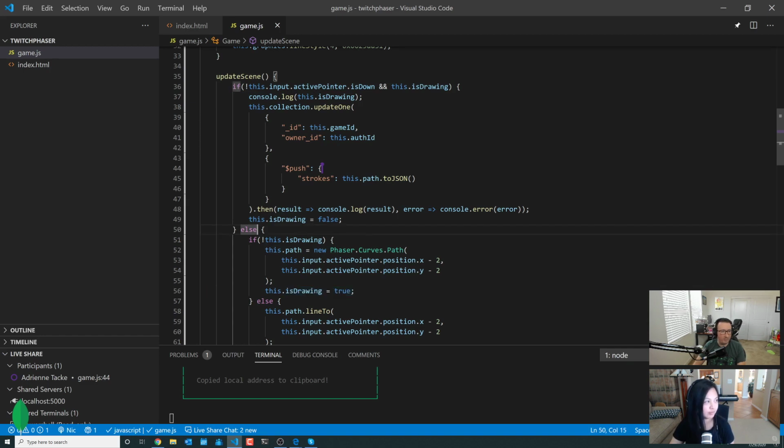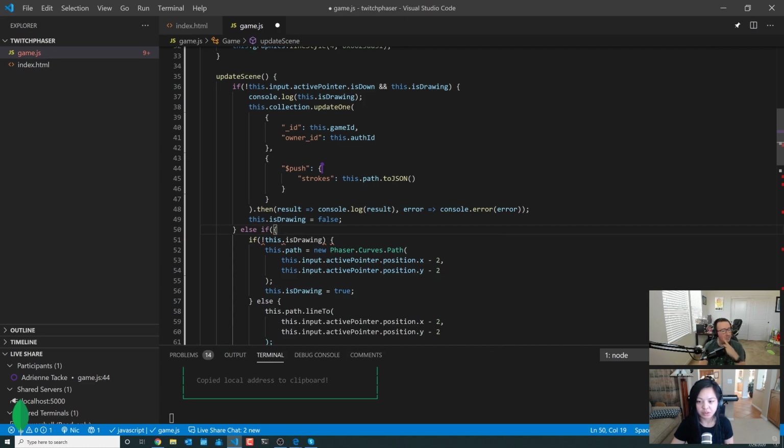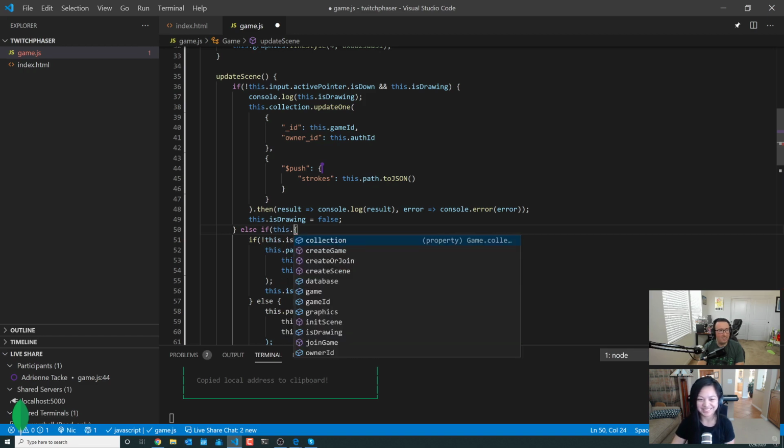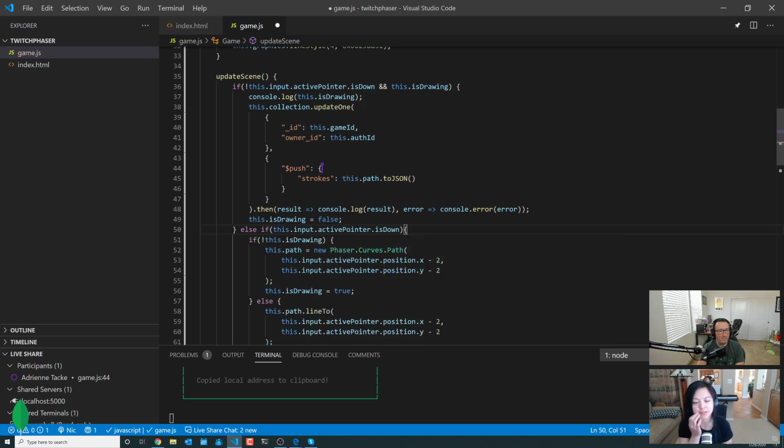So let's do an if else or an else if. Yep. Good catch. Sometimes I would have never gotten that. It's like needles in haystacks sometimes. Here we want to be explicit, right? Yeah, so if it's down, then we check to see if we were drawing yet. I think that'll fix it for us.